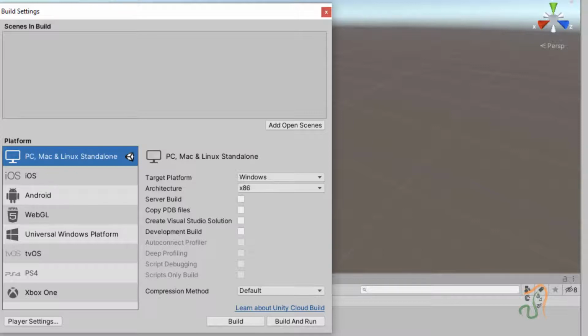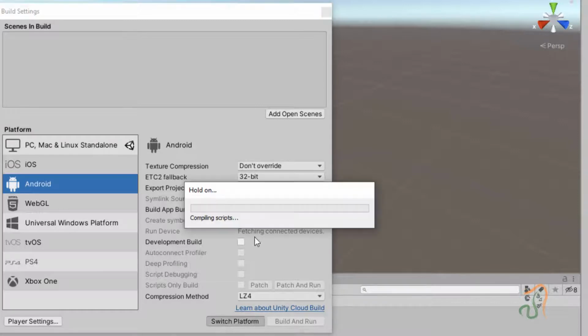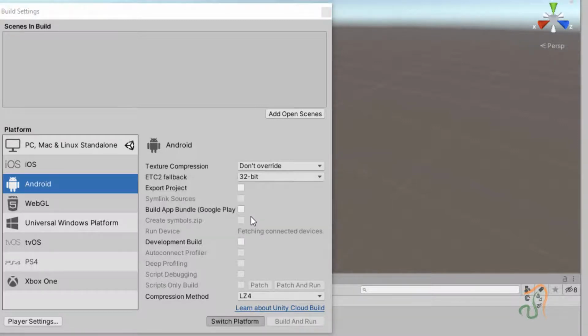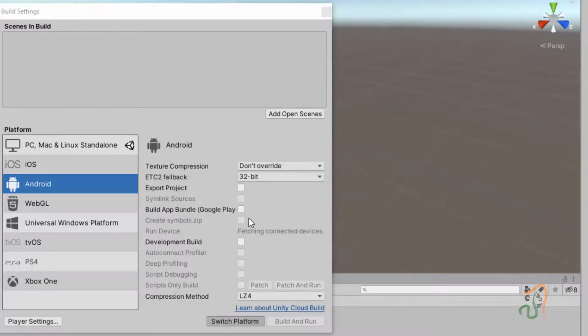That's why here in the build settings, change this to Android and click Switch Platform. It will take some time and import certain components required for Android development.